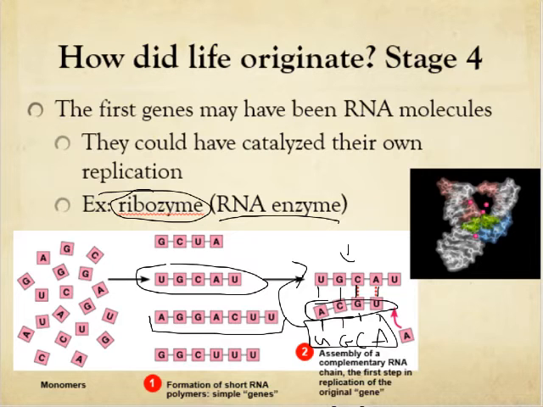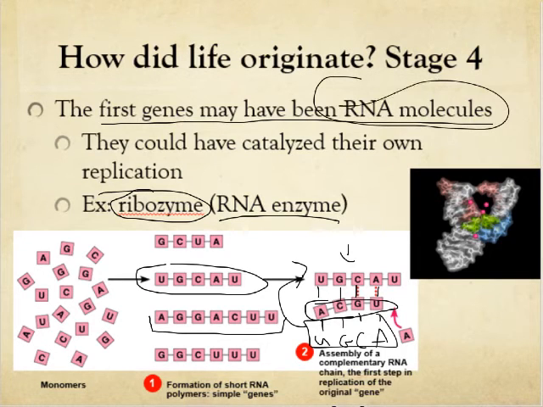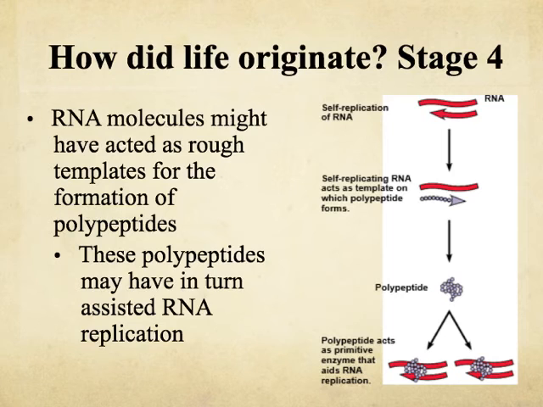So scientists are very confident that the first genes in these little protobionts were actually RNA molecules that just by chance were able to replicate themselves. You can see we're starting to get genetic material that's able to be replicated. Okay? And you can kind of imagine, well then maybe eventually just by chance I formed a tRNA molecule that was able to carry amino acids and started to bring in